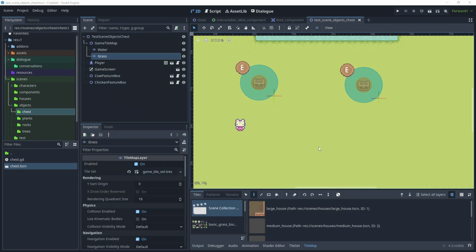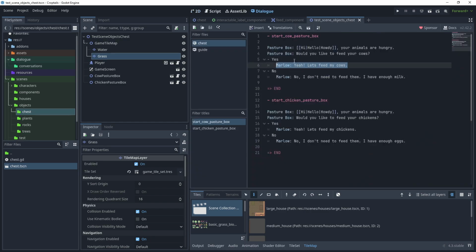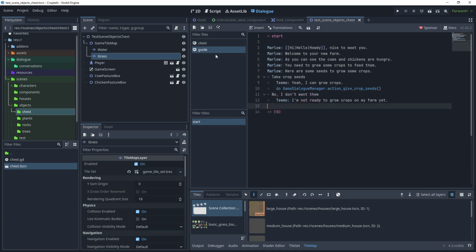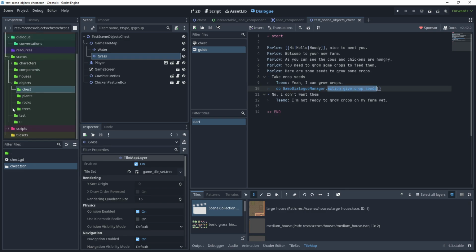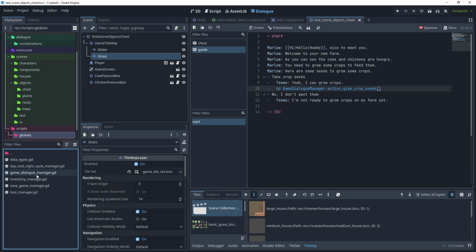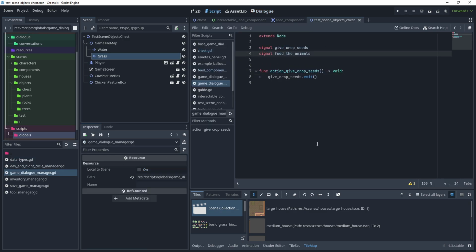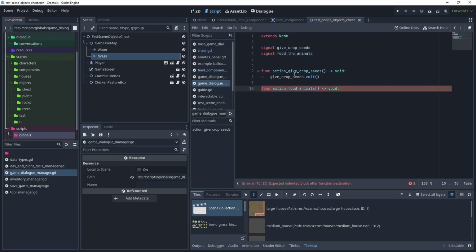What we now need to do is for the player to collect the harvest collectibles and then give them to the pasture box, and that will then feed the animals. So go back to dialogue, and we need to add an action after the yes option. So if we have a look at what we have done for guide, we've got the game dialog manager and an action here. So let's go to scripts, globals, and then game dialog manager, and then create a new signal called feed the animals, and then create another function which is action feed animals, and then call that signal